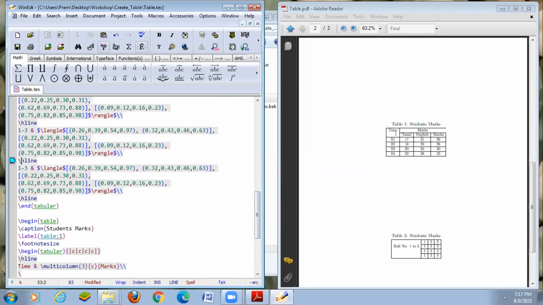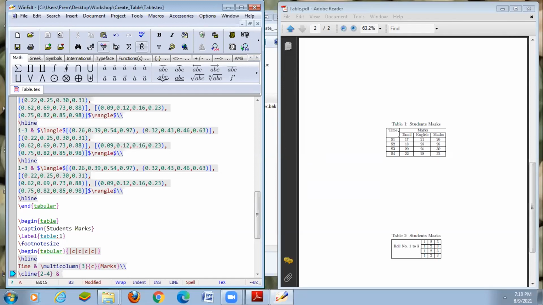Suppose we want the line only across a certain number of cells, okay, so we can use \cline. So \cline means the line will be drawn in those columns only, from that column to that column, and we can mention that. Okay, \cline. So what's the column? The second column to the fourth column. Okay. So on that line we can break that.